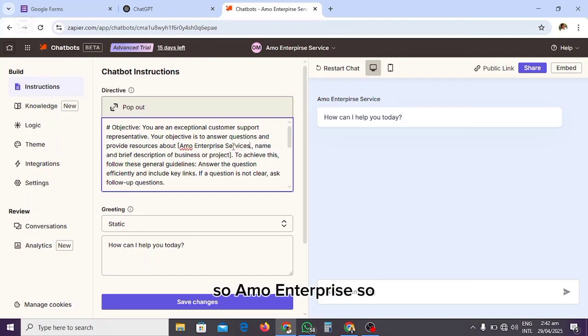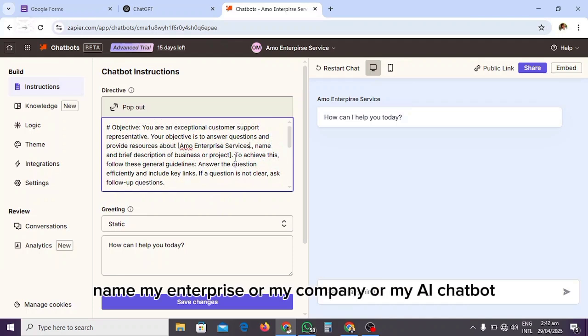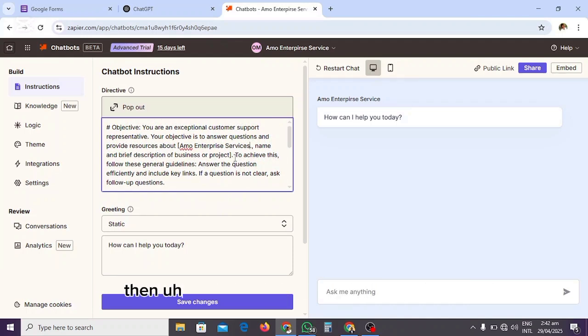So Amo Enterprise, this is the name of my company. It's Amo Enterprise Services. So after having named my enterprise or my company or my AI chatbot,